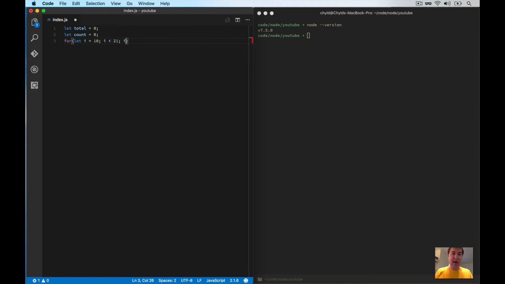And then we're going to say i++. So there's my incrementer. We're starting at 10, so I'm going from 10 to 20, since 20 is less than 21. Next thing I want to do is say if i is